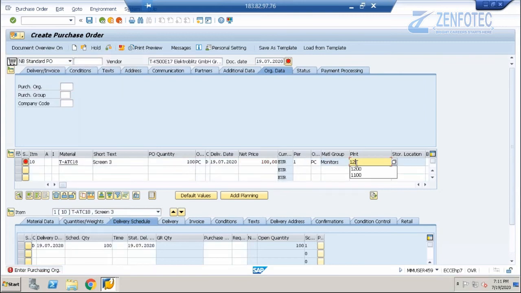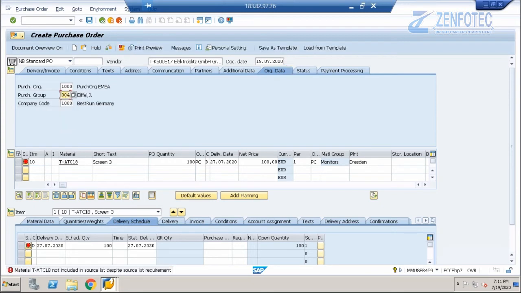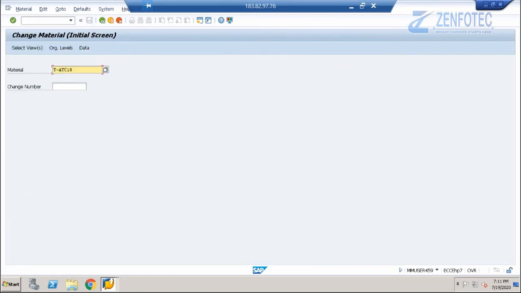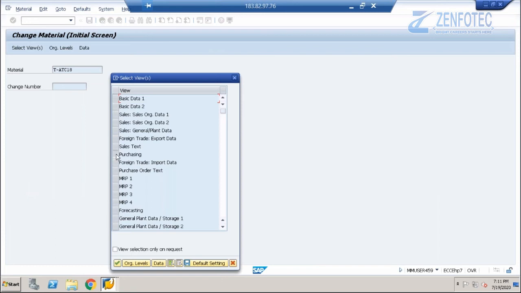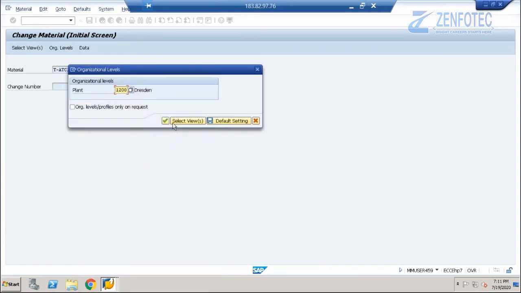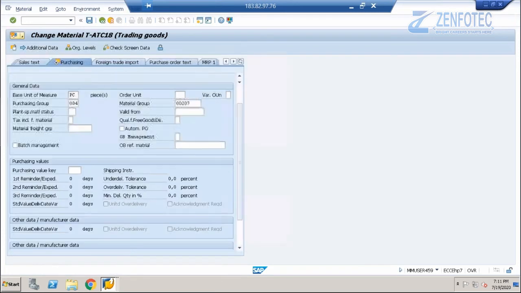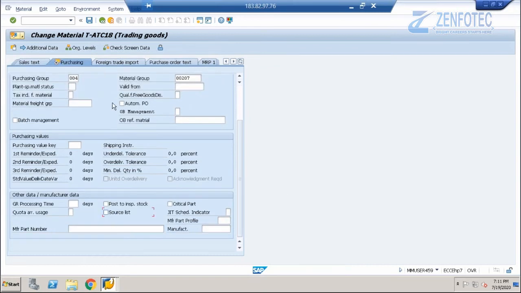Plant is 1200. Enter. Purchasing organization is 1000. Enter. Okay, no problem. I will go and remove it. /n MM02. Enter. Purchasing view, plant 1200. Source list, remove it.